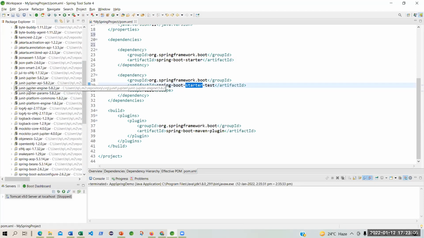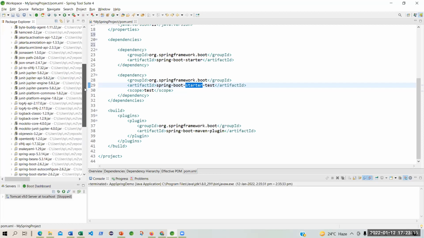JUnit is the Java unit testing, and Jupiter is the engine. Log4j we have discussed, and then Mockito. Mockito is another testing jar. Either you can have JUnit or you can have Mockito. They have included all these things for testing.